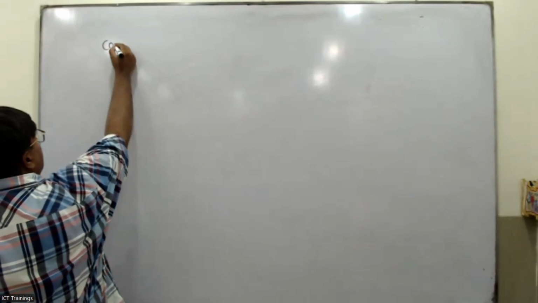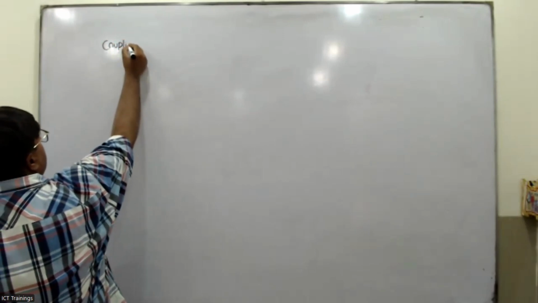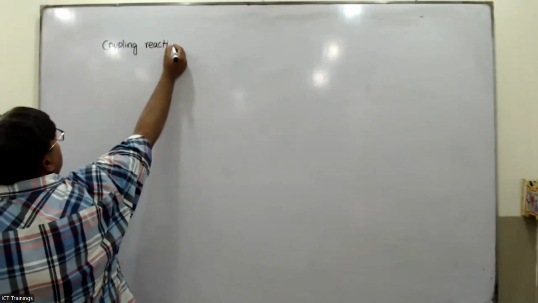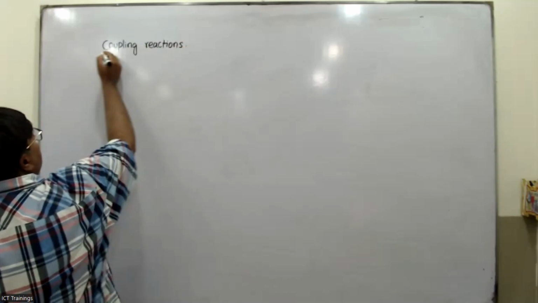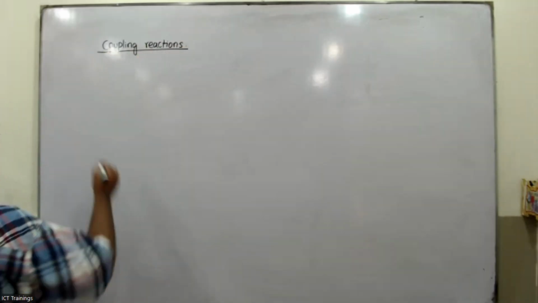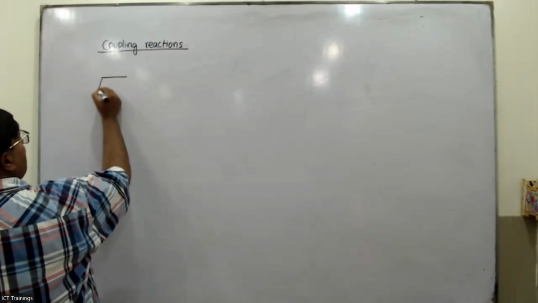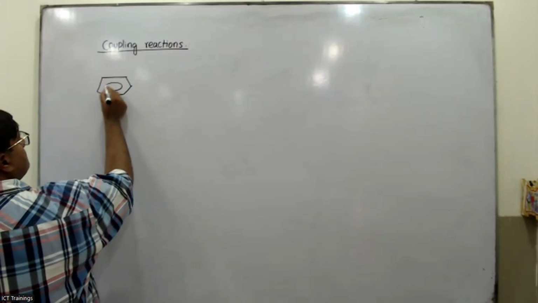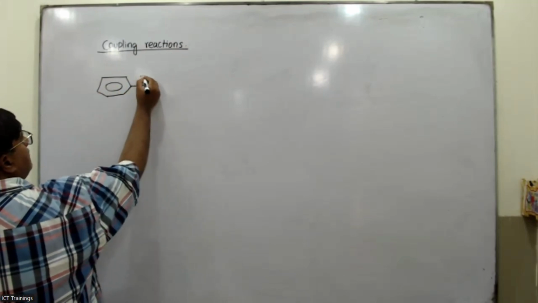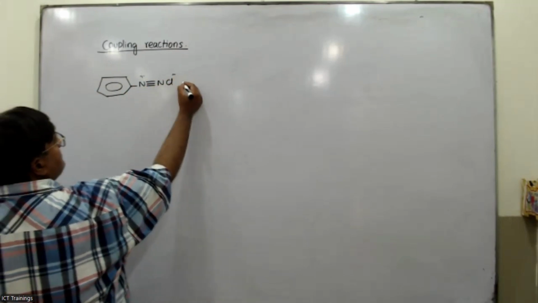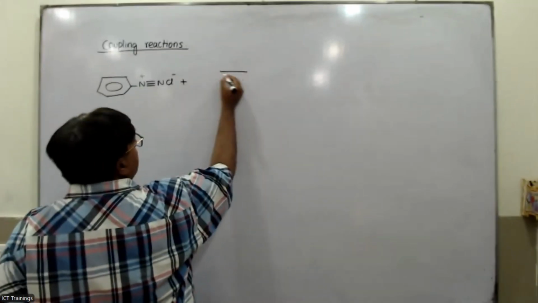Coupling reactions कर रहे थे हम लोग. We did it last time, but I did not make it for you. I have given you the work, but most of the students did not send it to me. So that's why I'm making it. So this is the diazonium chloride, N positive, triple bond N and Cl minus, and this one is going to react with